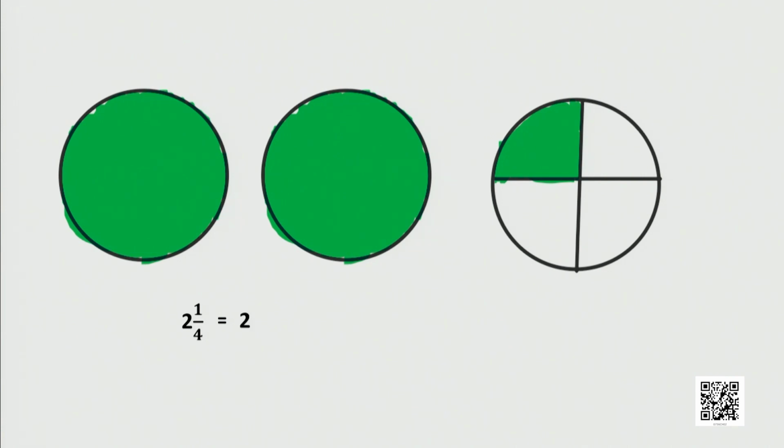So let us expand it more. 2 1 over 4, what does it mean? It means 2 plus 1 over 4. But to represent each circle individually, I can again break this 2. How am I going to break it? I am going to write this 2 as 1 plus 1 and 1 over 4. But I want a simple representation, a final representation for this fraction. So again, since I know that the last part is 1 quarter, I am going to divide my first